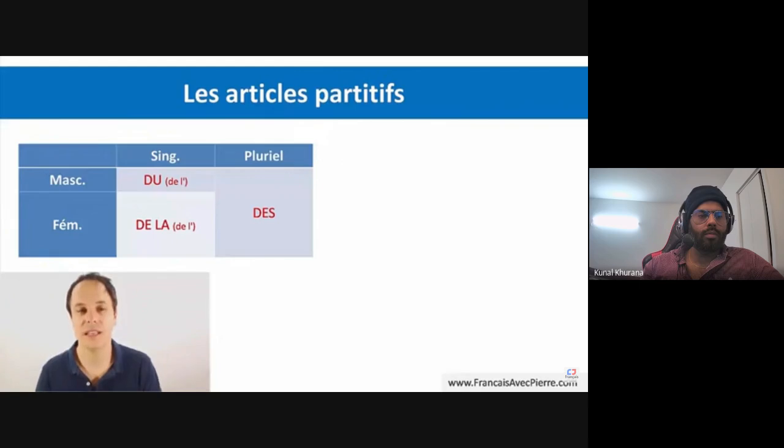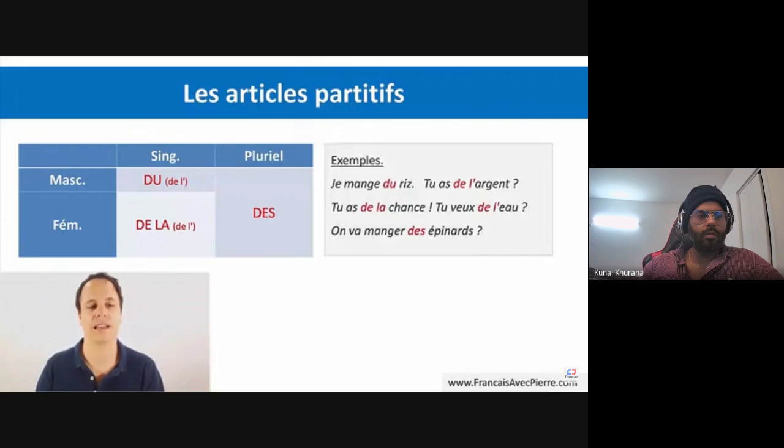Alors, avant d'expliquer l'utilisation, on va voir plutôt des exemples, parce qu'à travers les exemples, tu vas comprendre l'utilisation, je pense. Tu vas commencer à comprendre. Donc voilà, exemple. Je mange du riz. Ok, riz c'est rice en anglais, arroz en espagnol, d'accord, donc je mange du riz, je pense que tu comprends bien cette phrase, ok, donc tu veux la prononcer avec moi, je mange du riz,